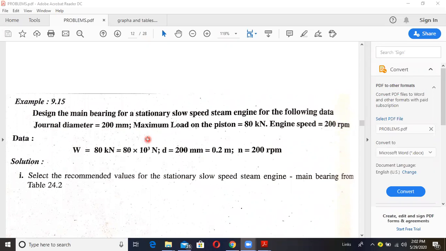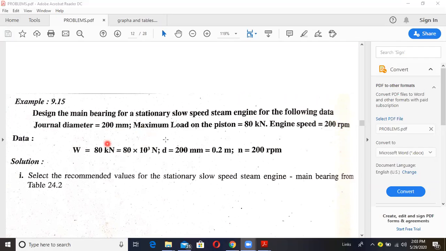So what have we seen previously? The first type and second type of problems. Now we will go for the third type of problem, that is the complete design of a journal and bearing used for some application. They will give the application, and for that application we are going to design the journal and the bearing. We are going to calculate the dimensions of the bearing, the viscosity, the heat generated, the heat dissipated, or the oil film thickness, and whether artificial cooling is required or not. We are going to do the complete design for the journal and bearing used for a particular application.